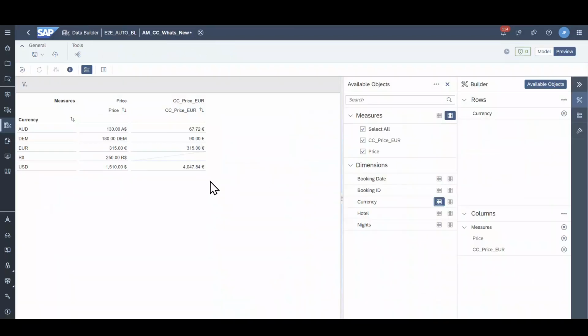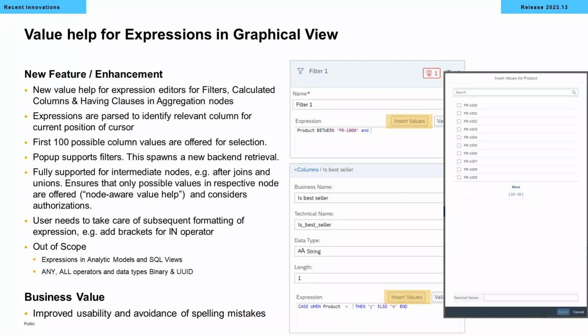Yes, so that's it. With this feature, we're adding value help for expressions and graphical views. By expressions, we mean filters and calculated columns and having clauses of aggregation nodes. And what this means is that there is, as you see, an insert values button now for expressions. And when you start developing that expression and place your cursor at the right place in context, the respective